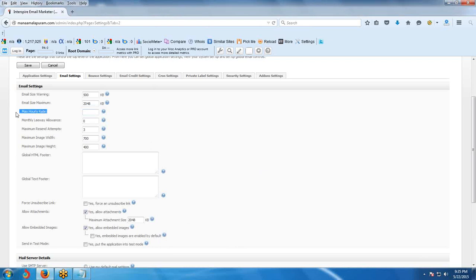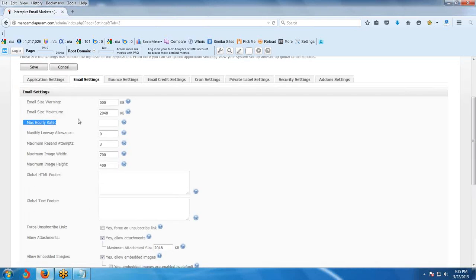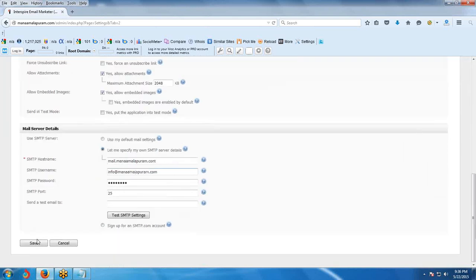Okay, here is the hourly rate. When we set up the hourly rate, based on your SMTP, every hour it will send out mails. Every time we can use 2 to 3 SMTPs, and at that time you must change it. For example, here I mentioned 200, so you must send mails hourly 200 only. If you have a great SMTP whose hourly rate is 5000, then you can mention 5000. Now save.